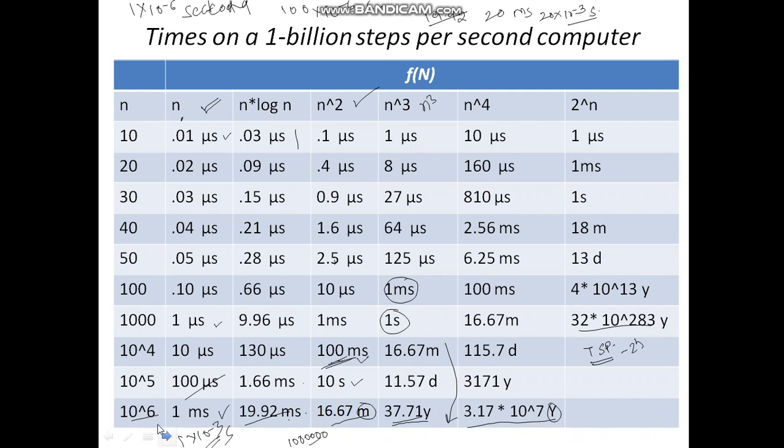So if you consider 1000 cities, solving that problem to find the shortest move from the source location back to the source location by passing through all 1000 cities will take you 32 into 10 raised to 283 years. So this is in terms of years, and maybe we will not live, it may even happen that the earth is not going to live for this period. So in such cases, you should go for artificial intelligence based solutions. Okay, moving ahead.